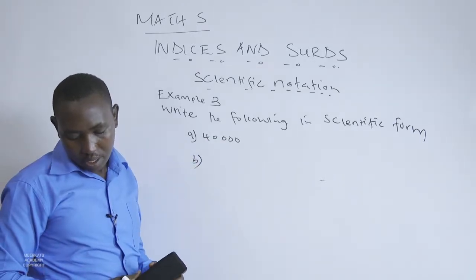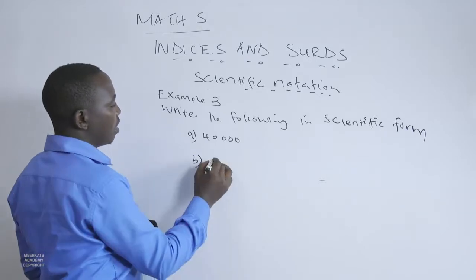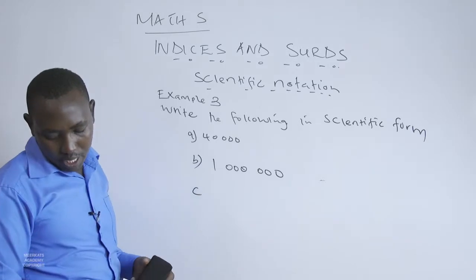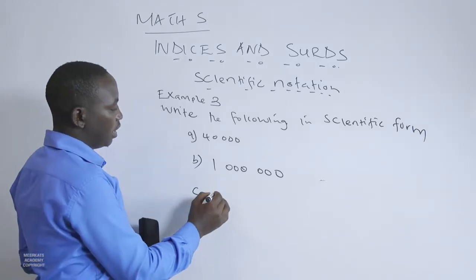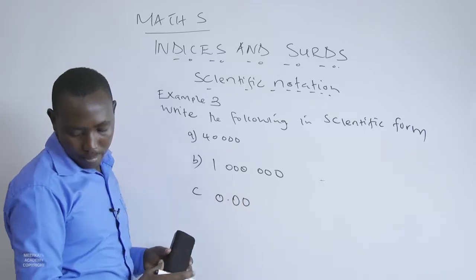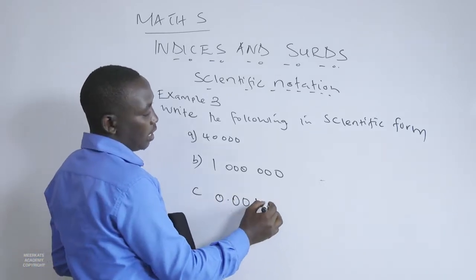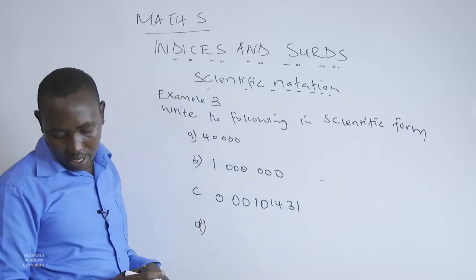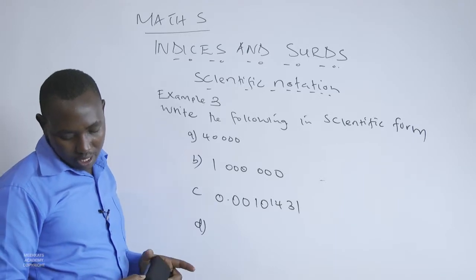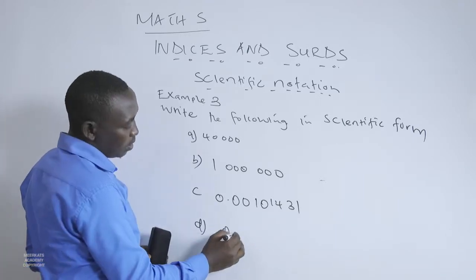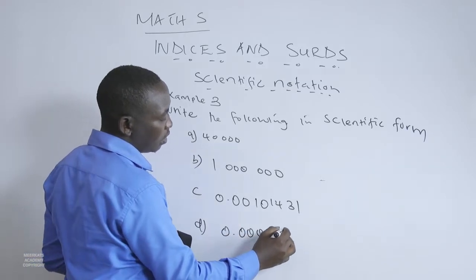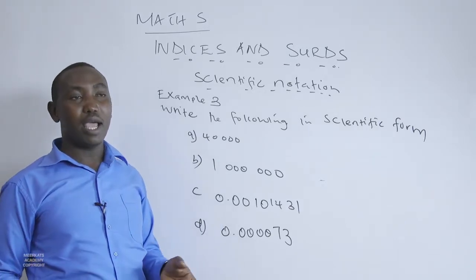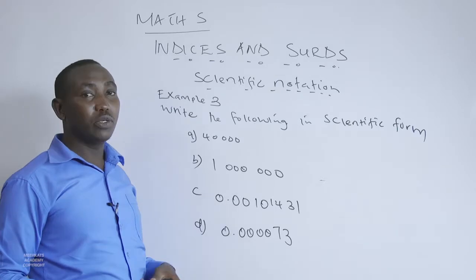Number B, we have 1 million. Number C, we have 0.00101431. The last one, D, we have 0.000073. So these are 4 numbers which have been written in their decimal form, and we need to rewrite them